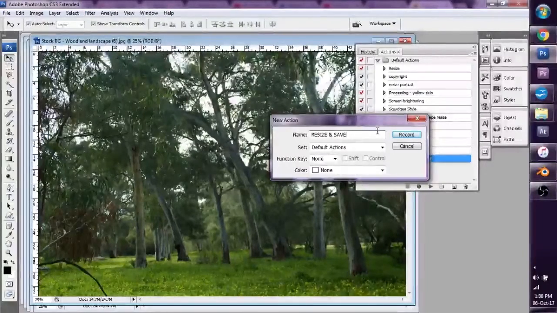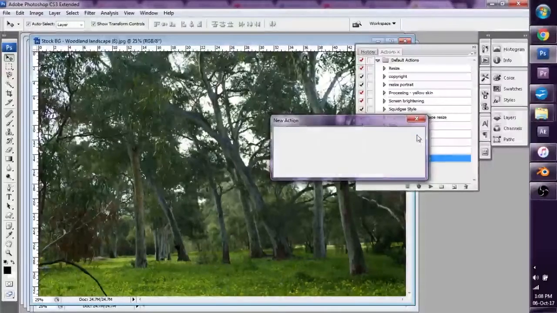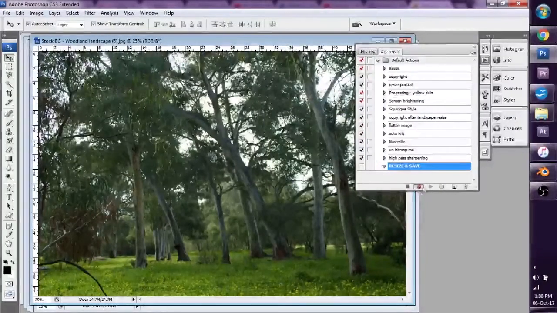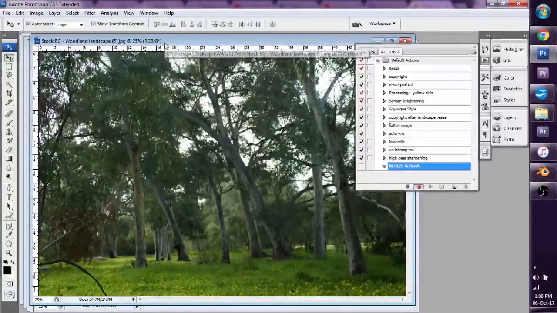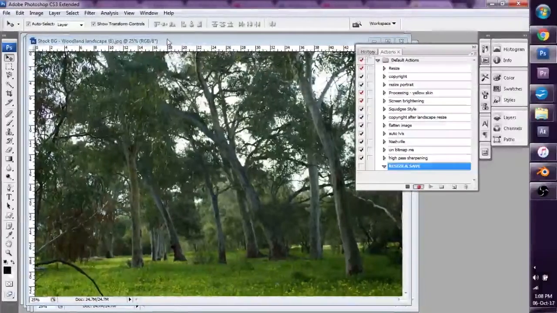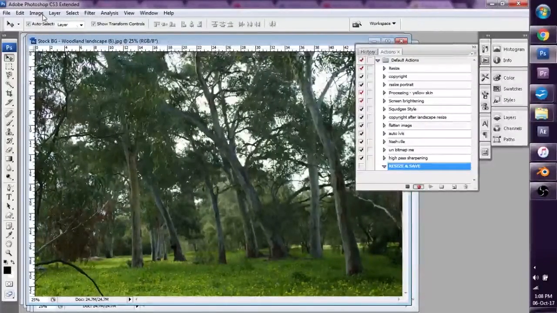So since we're resizing and saving, we don't need to shift any of these things, and we go to record. So now we see we've got a little recording icon. It's recording, so anything we do now to this image will be recorded as steps in this action. So let's do a basic action. We go to image